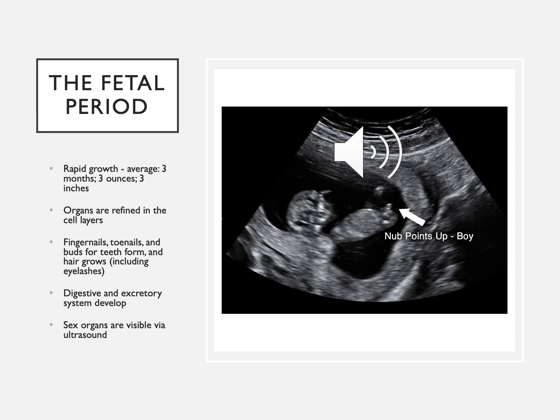We also see that our digestive and excretory systems, so our kidneys, our bladder, and our urethra, are starting to be formed at this time. And we can also see on ultrasounds, we can start to begin to see sex organs. And so